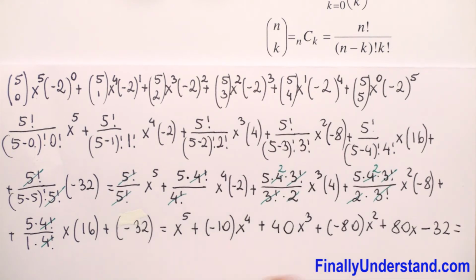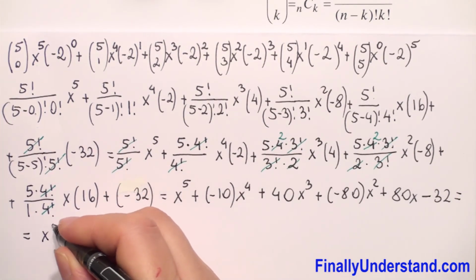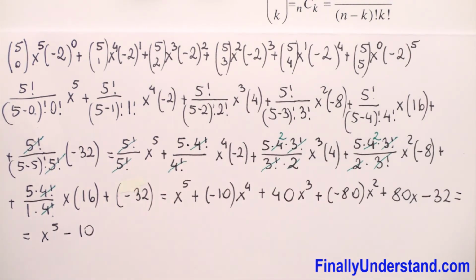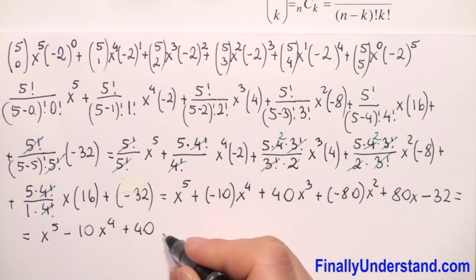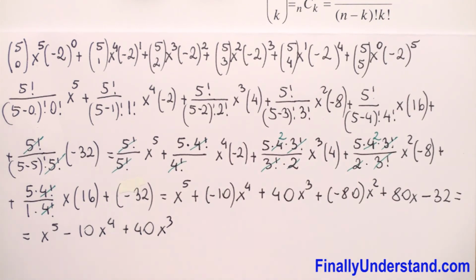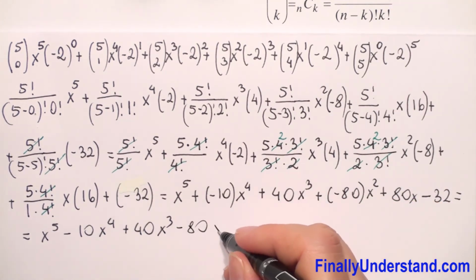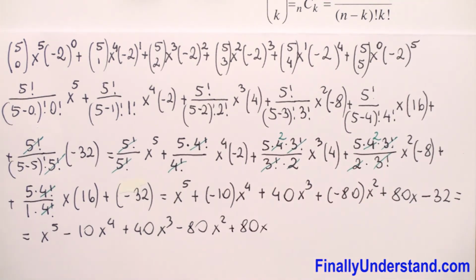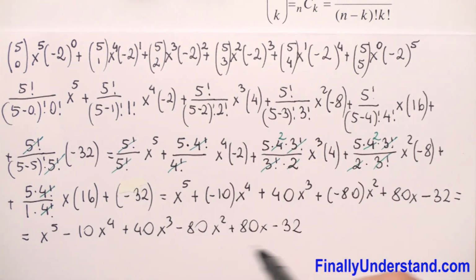So this is equal, we can write x to the 5th power, positive, negative, so it will be negative 10x to the 4th power plus 40x cubed plus negative, so it will be negative 80x squared plus 80x minus 32. We got our